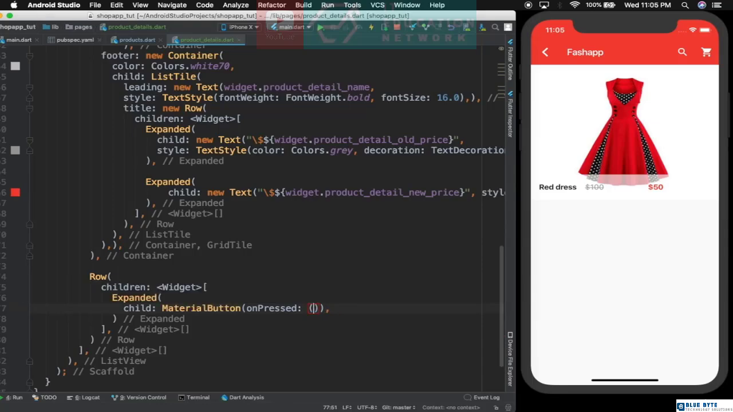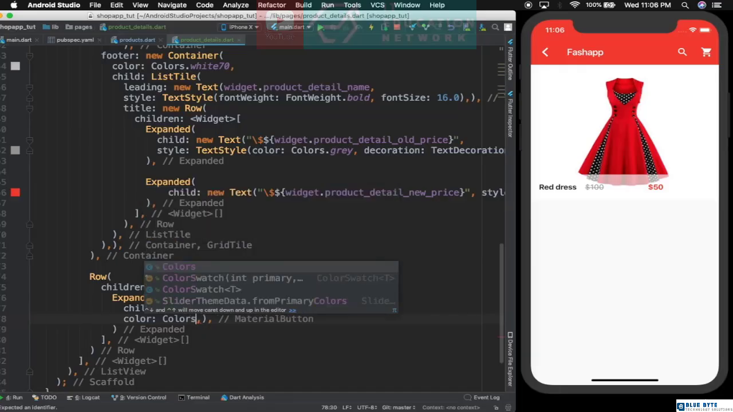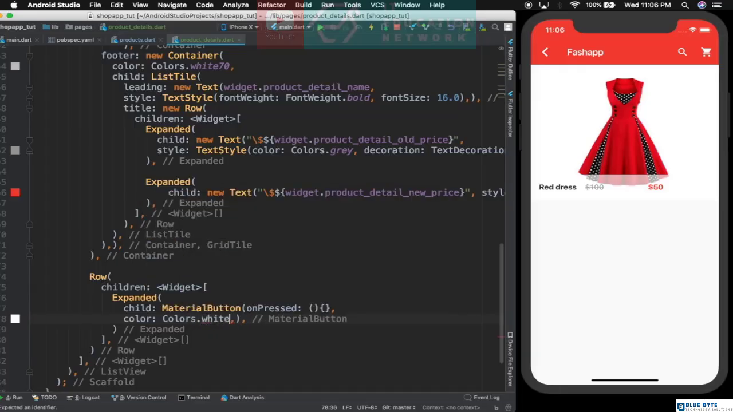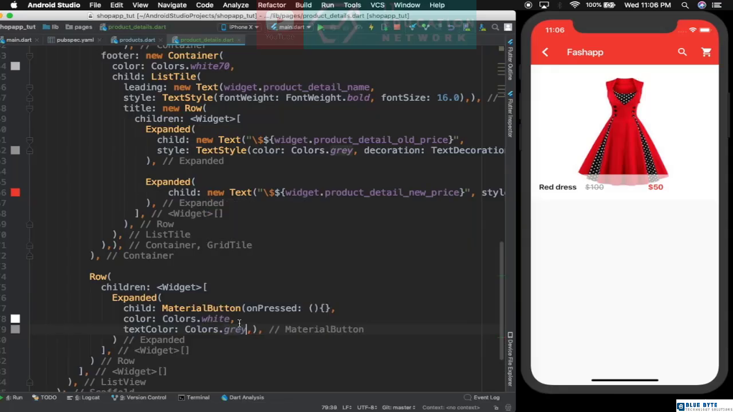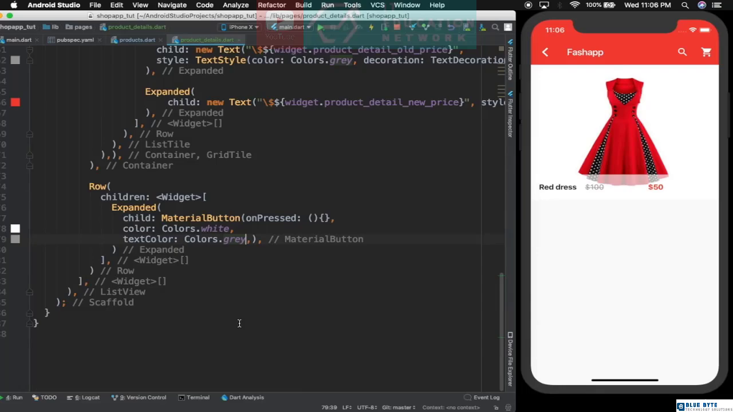button. On press I'll not define just now, and then down here, okay, we can define the color for this. It's going to be white, of course. Color dot white, and we're going to define the text color, and we're going to give colors dot gray,